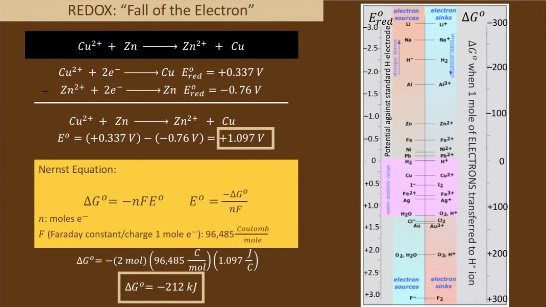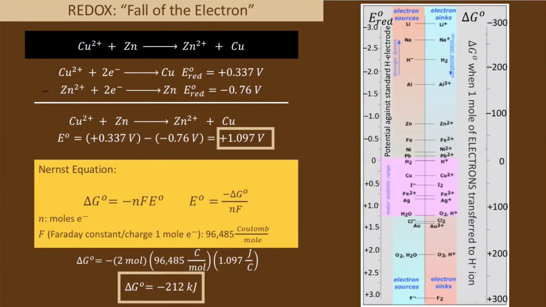How is cell potential related to delta G naught? Well, using the battery we just built with zinc and copper, let's find each one. So we decided that copper gets reduced and zinc gets oxidized, and we have our standard reduction potentials that we found from our tables. We end up getting a positive 1.097 volts. That would be the voltage of our battery. Well, there's the Nernst equation, N-E-R-N-S-T, which says that delta G naught equals negative nFE naught, or E naught equals negative delta G naught divided by nF. And F is called the Faraday constant, and it is the charge of 1 mole of electrons, which is